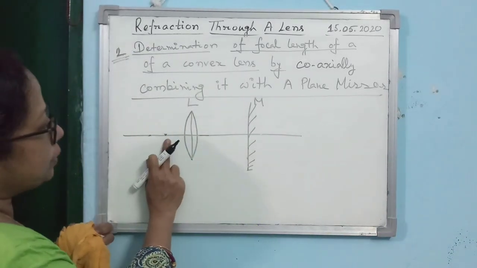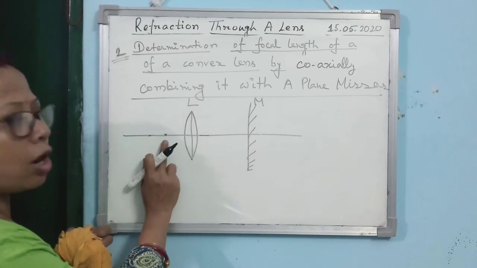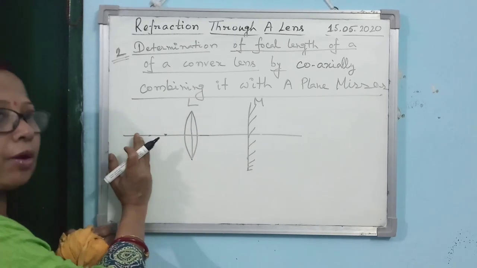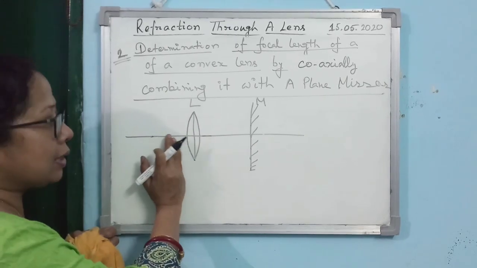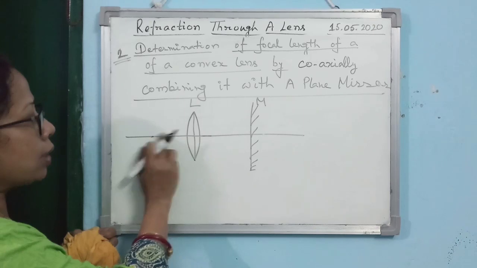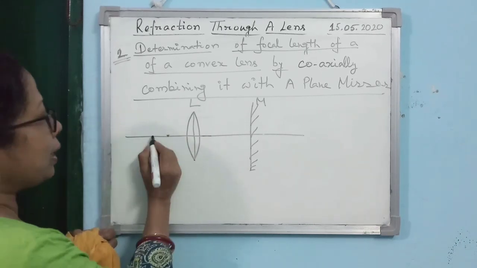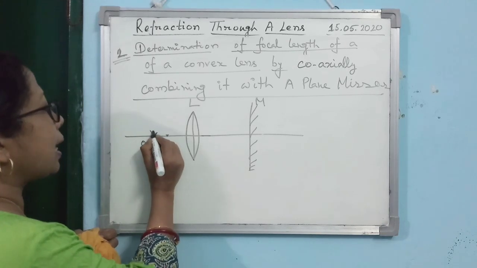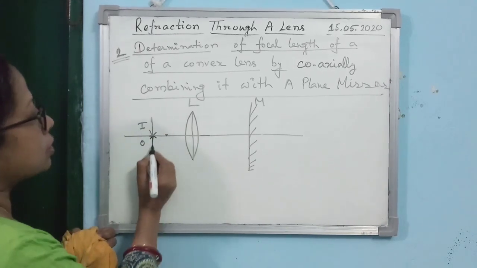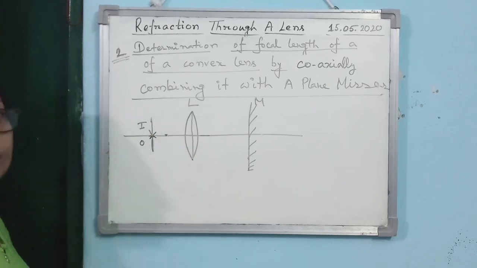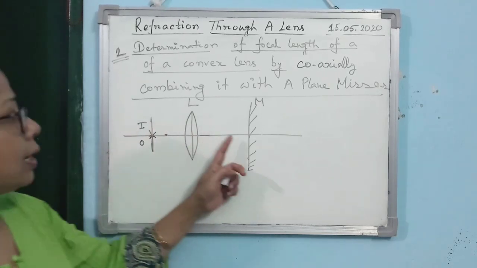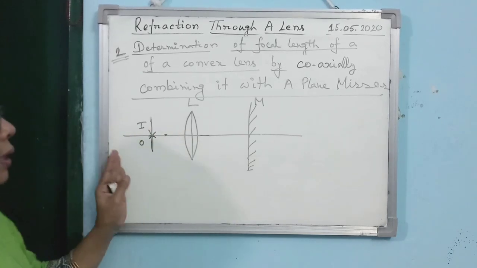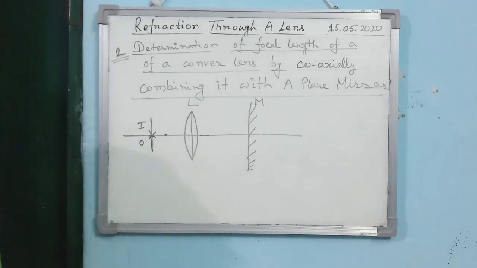Suppose you are taking the object here, and you observe that the image is not coming to the same line as that of the object. Then you take it a little bit away, or a little bit towards the lens. You continue this trial and error method until the object and image are produced at the same position. Until you get this, you have to shift the object either near to the lens or away from the lens.